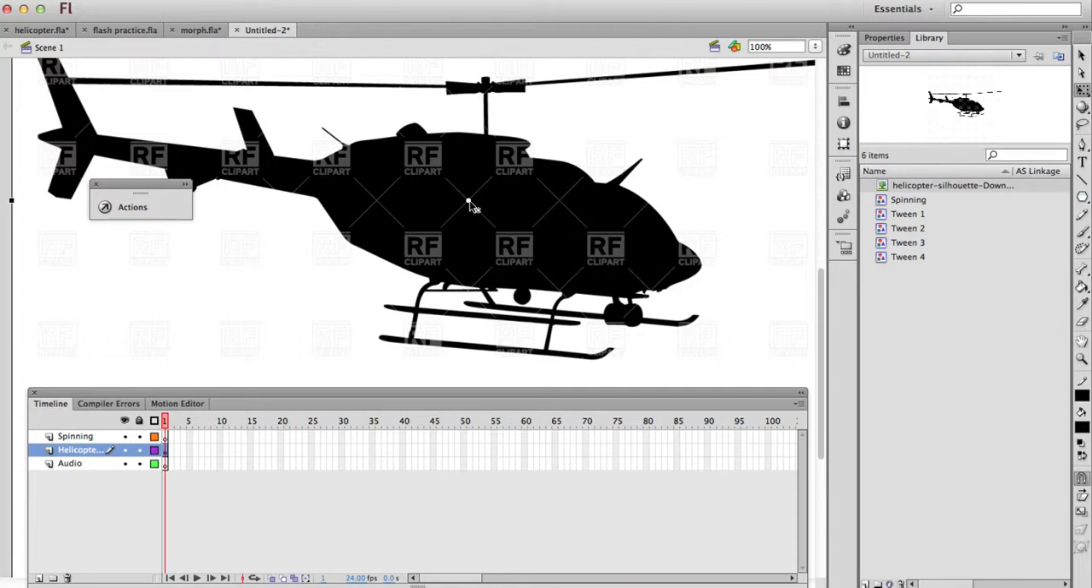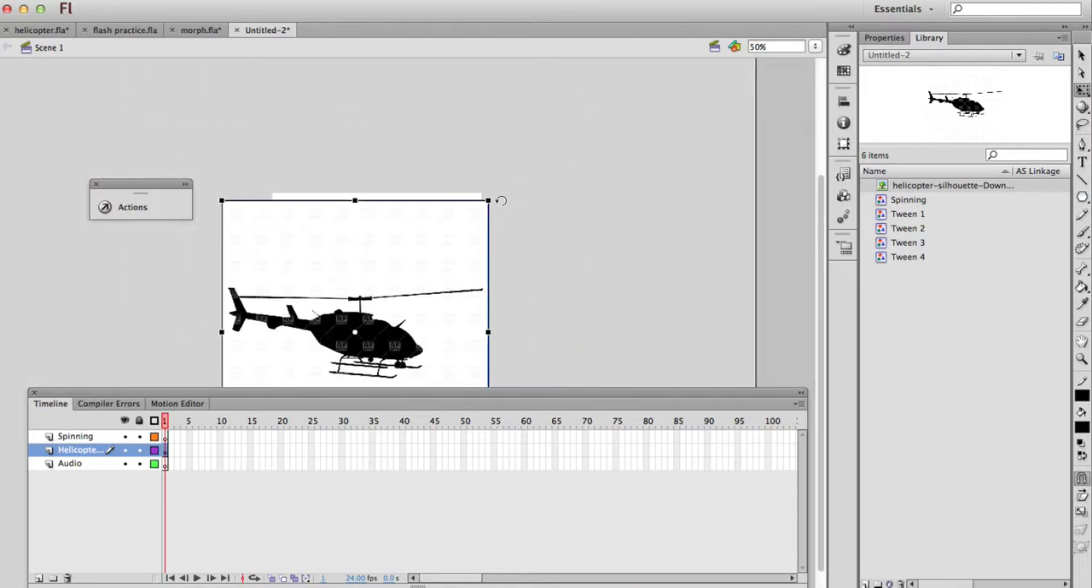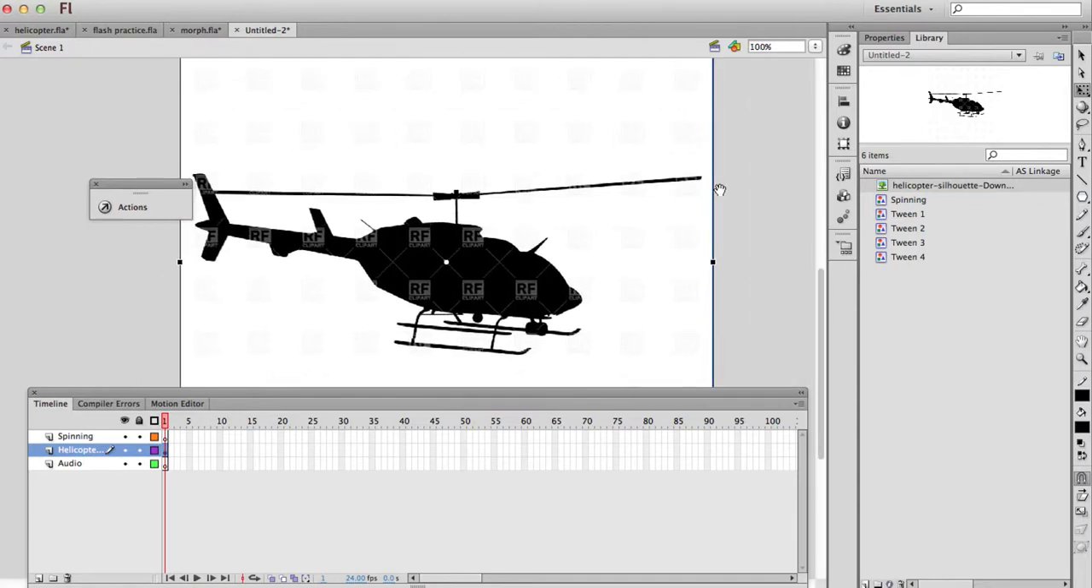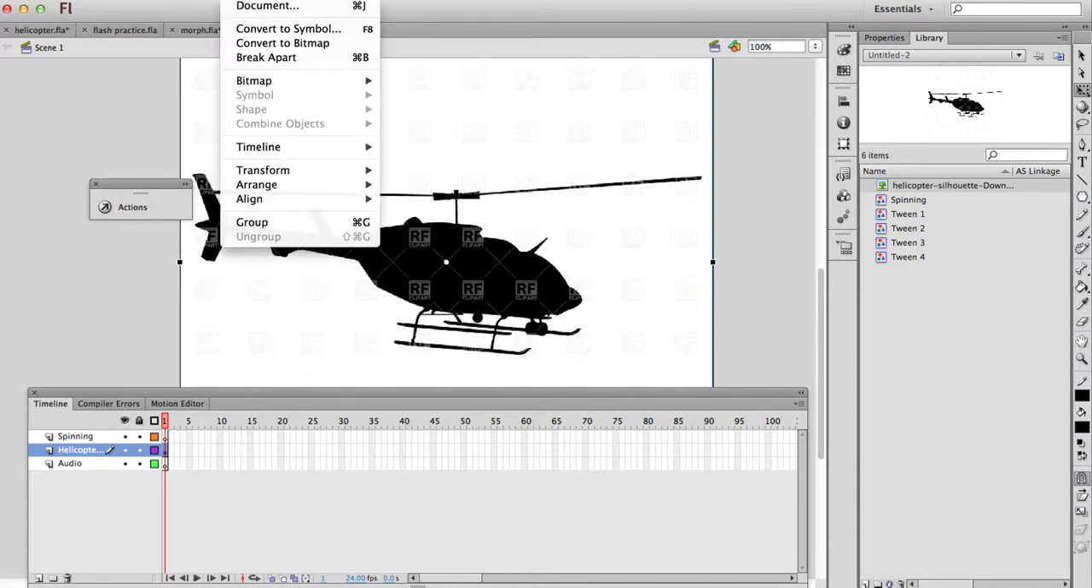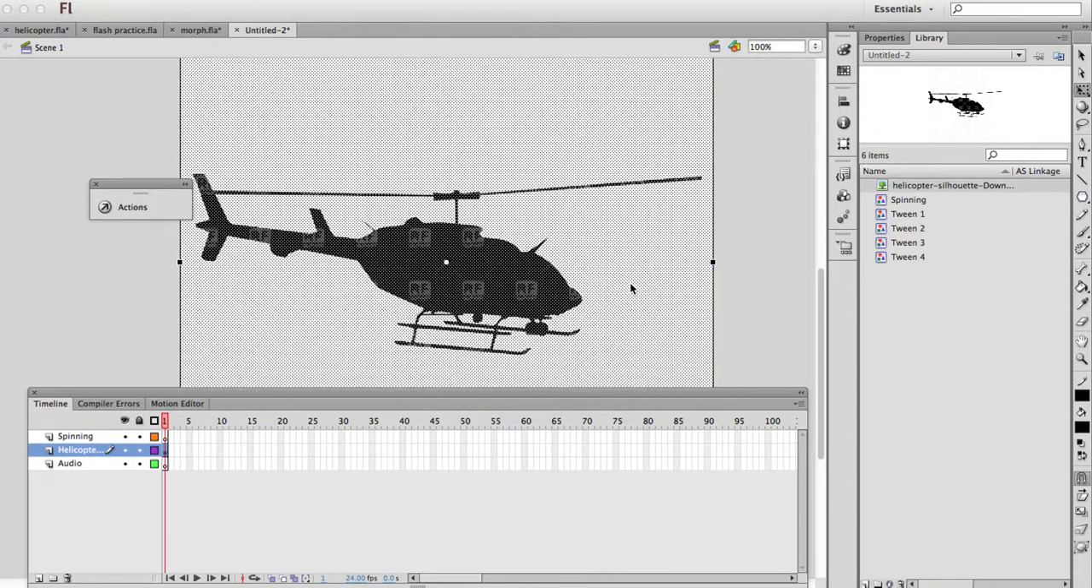Now, obviously, this helicopter is way too big for my scene, and I could try to shrink it, but the problem is that I'm still going to have all this white stuff around it that I don't really want. Because I searched for a vector helicopter, it gave me a bitmap. Now, if you found a different one that wasn't a bitmap, you could convert it to a bitmap. But once it's a bitmap, you can trace the image, and if I hit OK, it will trace